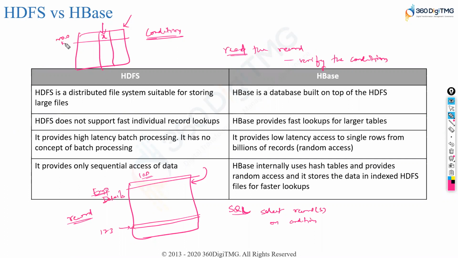We'll have something called as row key, which is nothing but indexing. So we take one and then verify the condition. Then two, then three, so on and so forth. Wherever this condition is verified or satisfied, using this row key, we try to access the complete row. Right? All the fields of that particular row are retrieved. Now, what is happening?